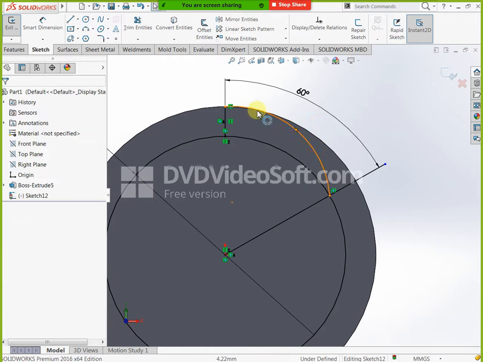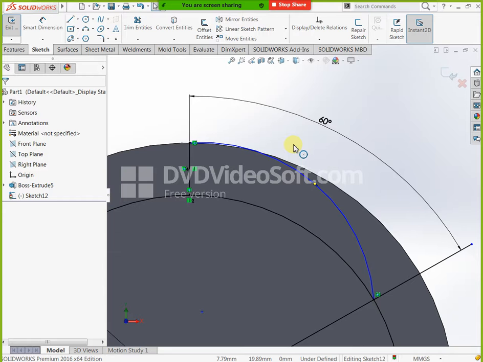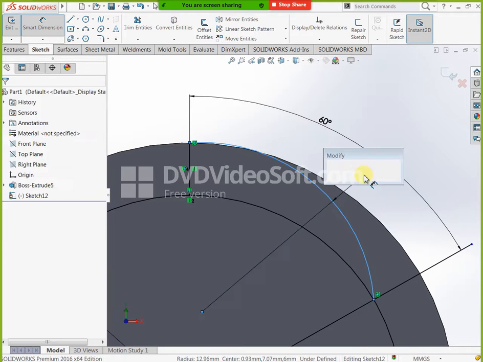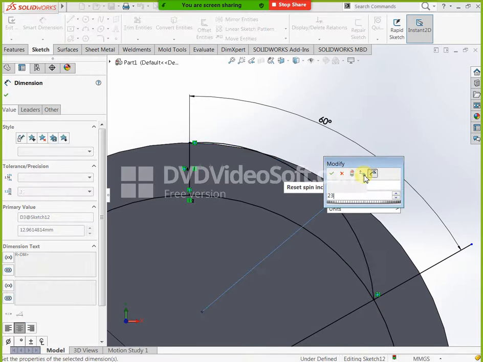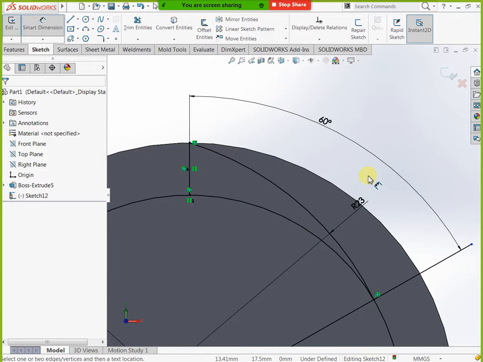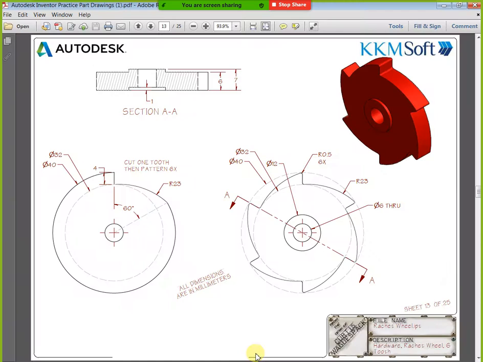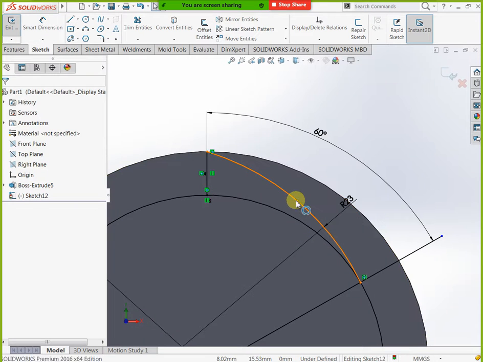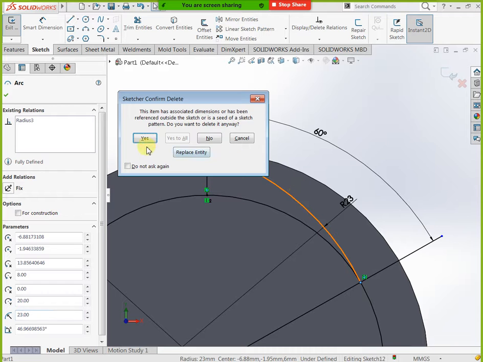Okay, next, this one. Just you can see up to here. Now you can draw one more, that one 32. How can you get this one?